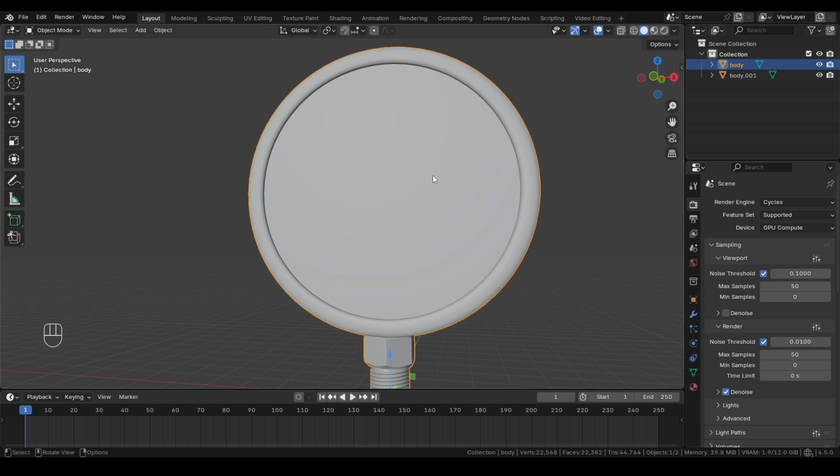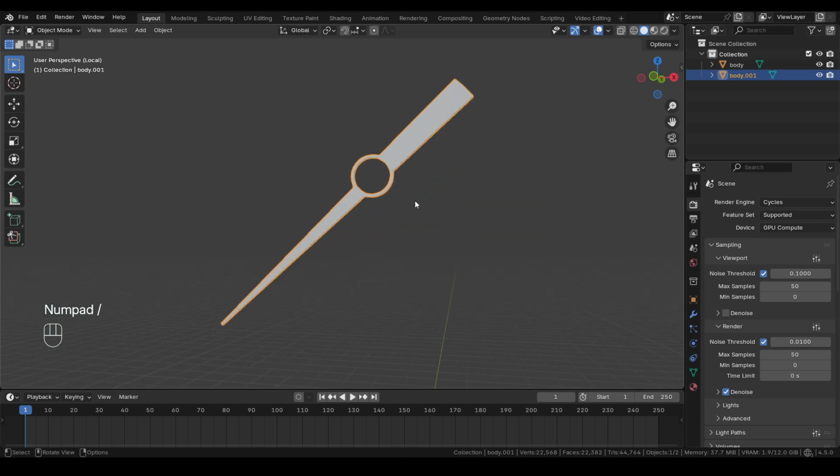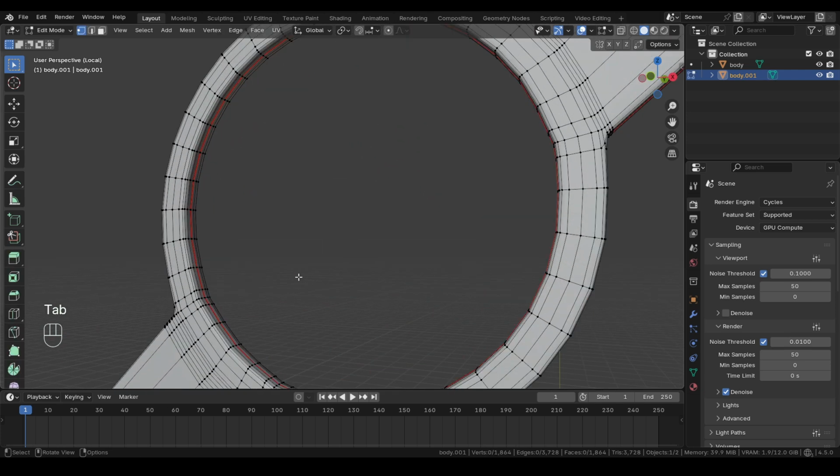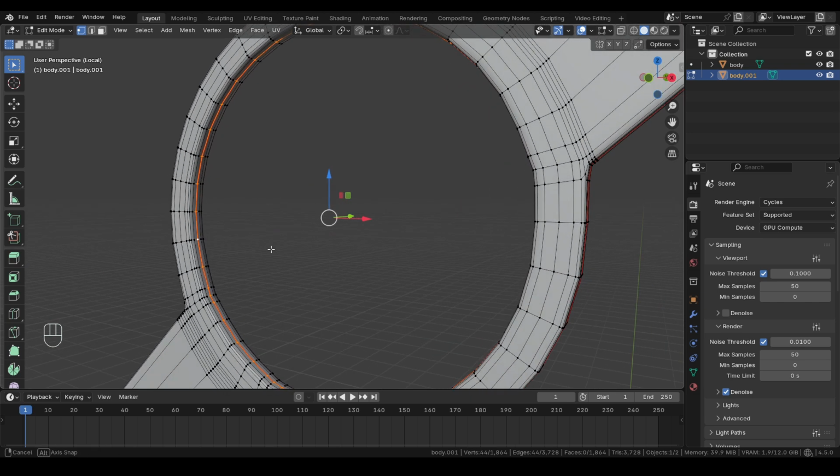Back in object mode with the needle separated, I press the Divide key on the numpad to switch to Local View, which will show me only the needle for convenience. The needle, once separated, will have its origin set to the same place as the original object's origin, which makes it difficult to rotate. To set the origin to the correct spot, I first go to Edit mode and select